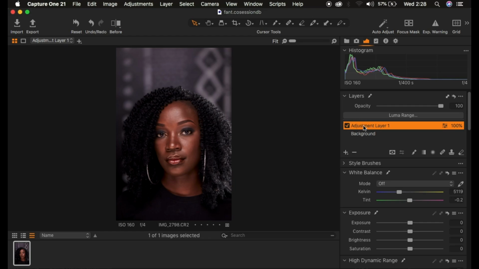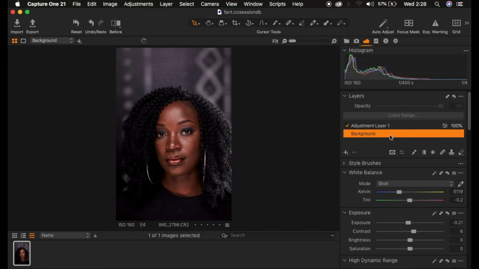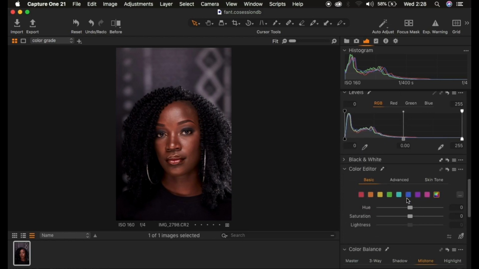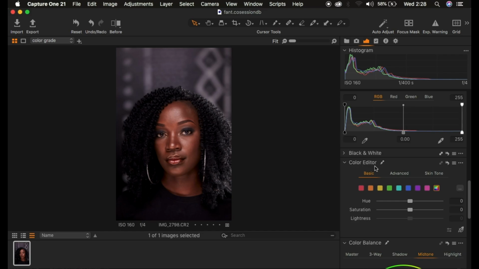So if I overdo the color grading, I can simply come to the opacity and drop that down, which is an option we don't have when we do the color grading on the background layer itself. So just do the color grading on the new filled adjustment layer that we created. I'll rename that to color grade. After I've done that, I'm going to scroll straight down to my color editor tool,